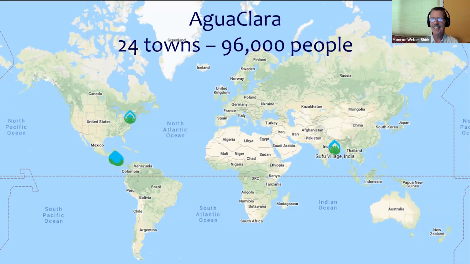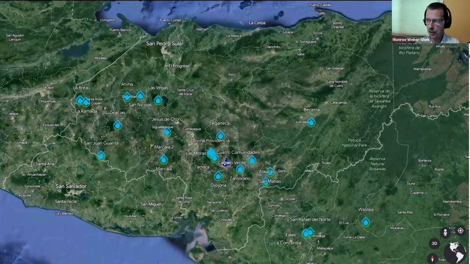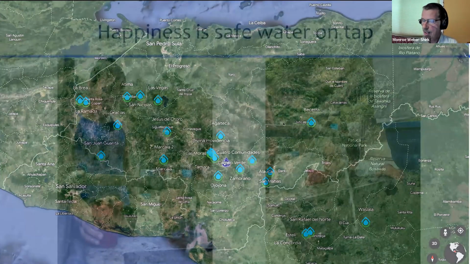Okay. There are currently 24 towns serving a total of 96,000 people that are getting water from AguaClara water treatment plants. All of these are located in Central America, mostly in Honduras and also in Nicaragua.